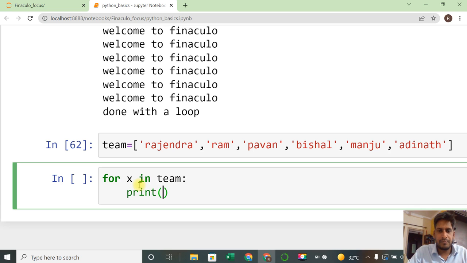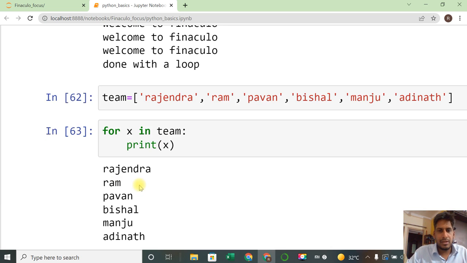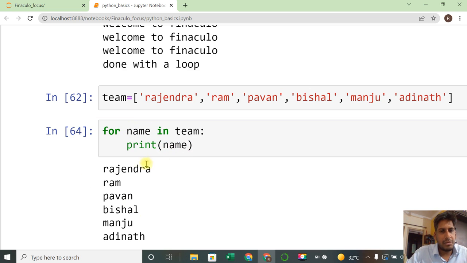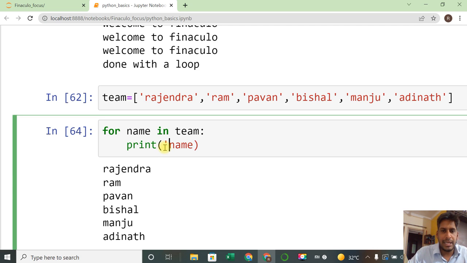for x in team, then colon, I say print x. You can see one by one it is printed. Or instead of x, I can say name also. Any common name you can give for that. Print name. I don't want to just print the name; I would like to say